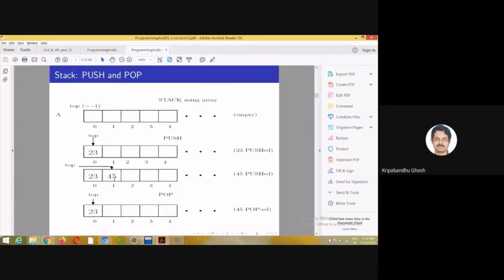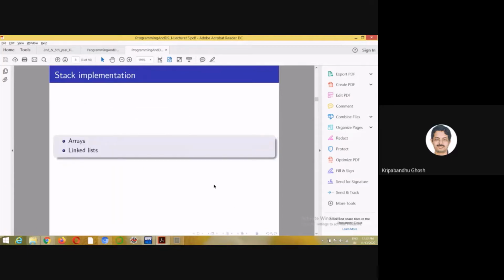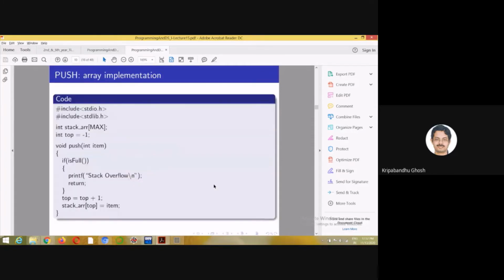And if I want to delete or pop something, I decrement it by 1. It's very simple. So it can be implemented by linked list, but we will restrict ourselves to array.